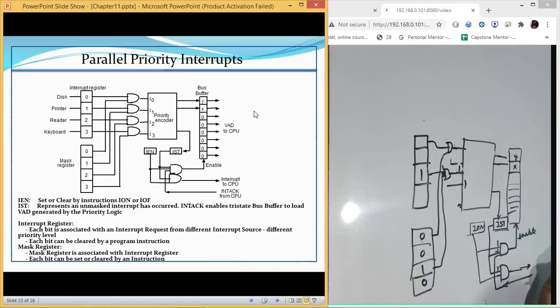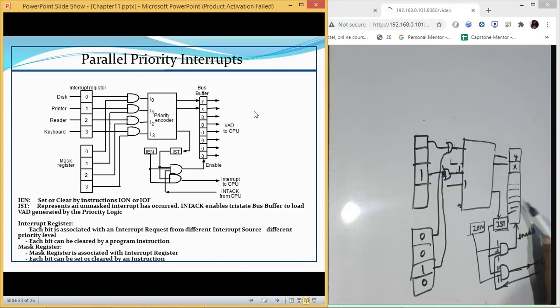If the IEN value is 1, it means it is also enabled at this place. So it means an interrupt is generated by some device, and it is possible to interrupt the CPU. Once these two conditions are met, then this signal is sent to the CPU. So it is received by your CPU that yes, some device has interrupted. Once the CPU gives the acknowledgement that yes, you can interrupt, or I'm free, then this value becomes 1. And once all these three values are 1, then this address gets loaded to the CPU.